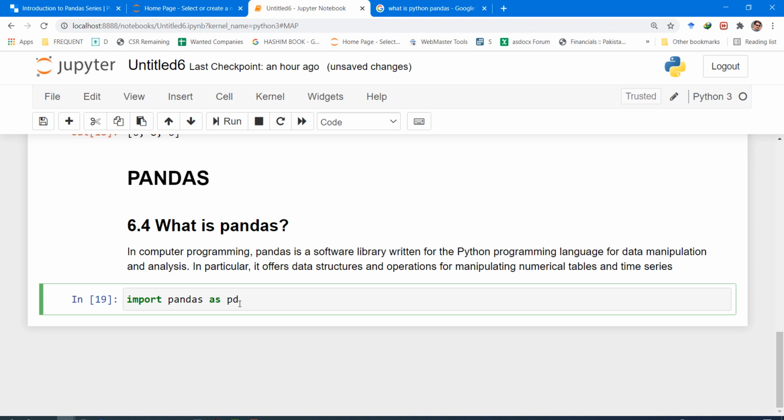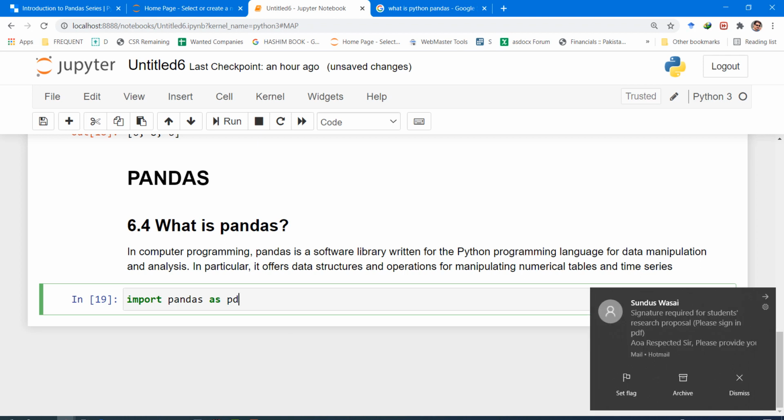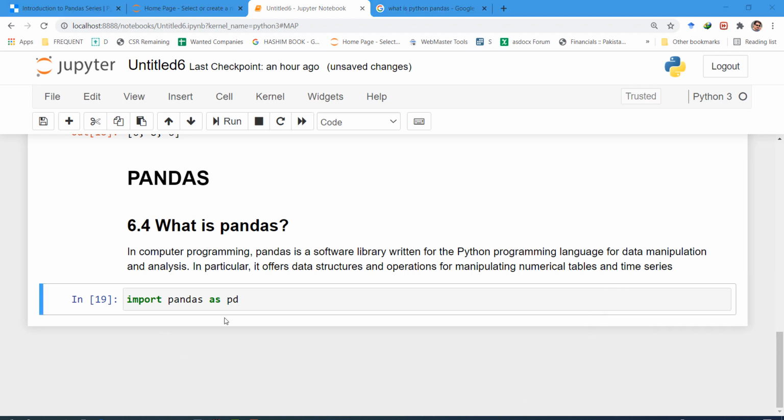So instead of using pandas as a full name, we will use PD as an abbreviation for pandas. So if now I have to use a function, I'll type PD dot the name of the function, and the prefix PD here will denote that this function is imported from the pandas library. So Python will look in that library and will import the function from there.